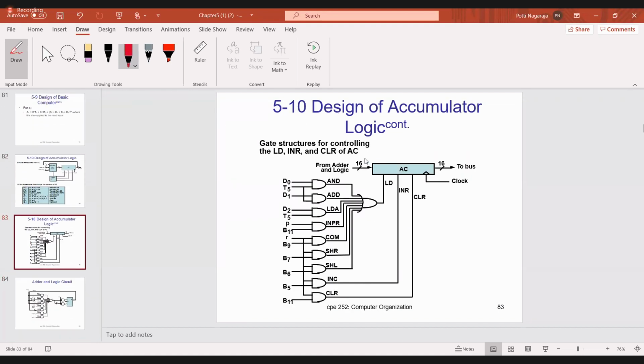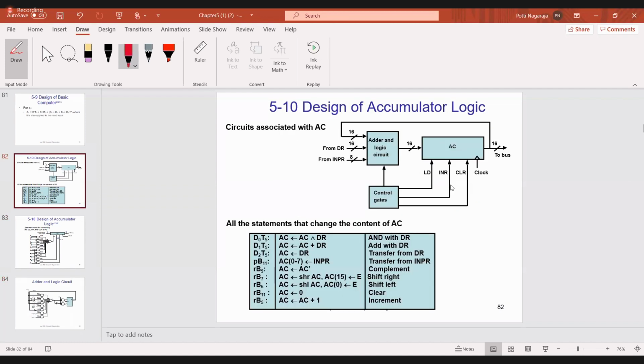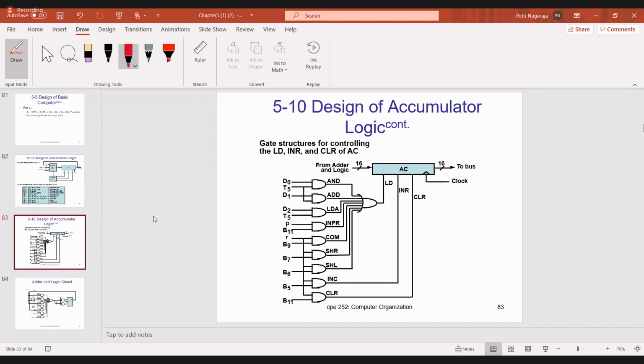Next, how are you implementing all these operations? Here you said you are applying load, then increment, clear. Now I will show that. Now see this diagram, all of you.